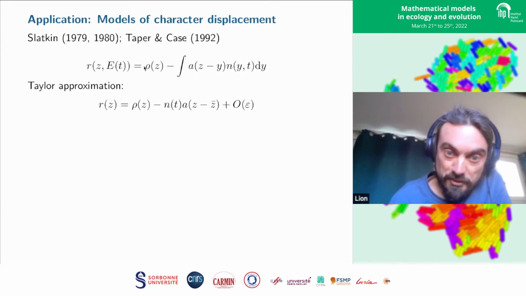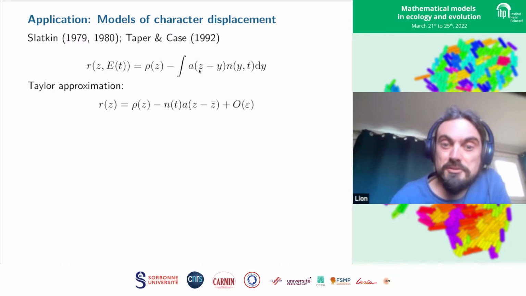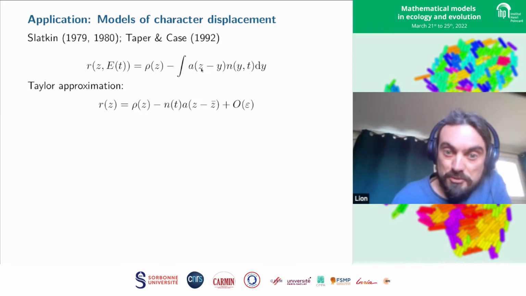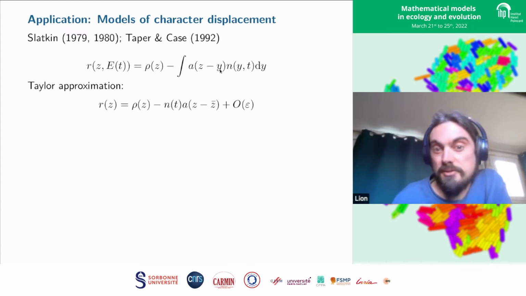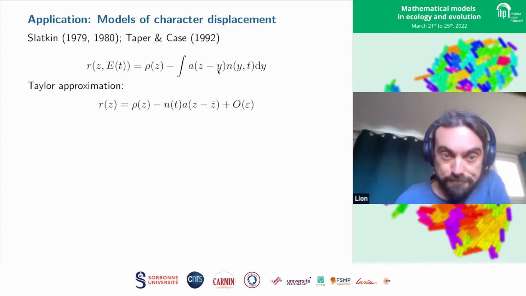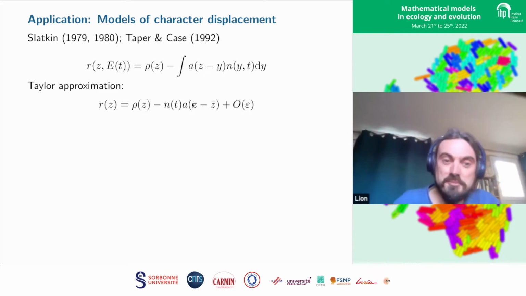We have a kind of fecundity or fitness term, rho, and we have the competition term, where A is a kernel that gives the intensity of competition experienced by individuals with trait Z from individuals with trait Y. If we assume again that this trait distribution is clustered around the mean, we can make a Taylor approximation of this